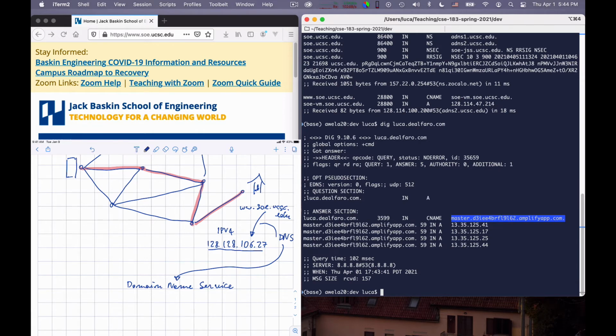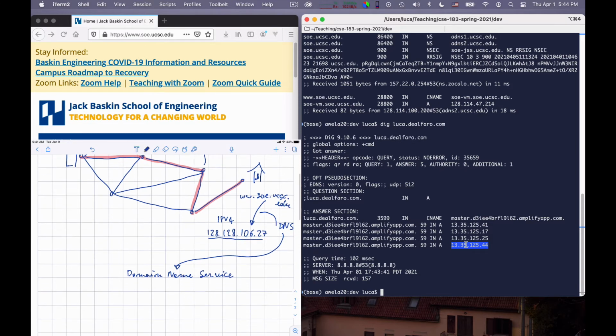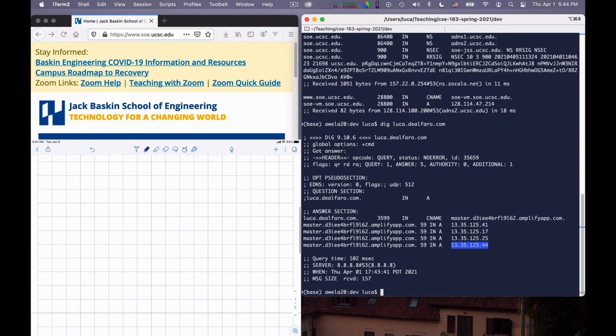And then again, the DNS service tells me that this master address name is mapped to 4 possible IP addresses. Okay, why 4? Well, if we go back to the notes, imagine that there is an enormous number of people that want to request my web page, which is extremely unlikely.